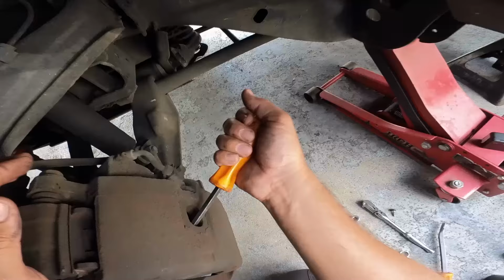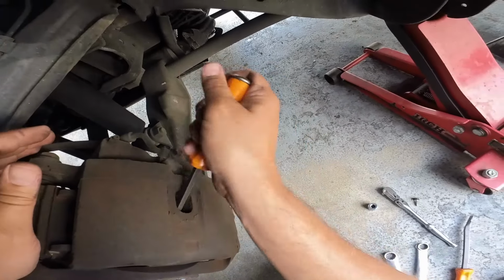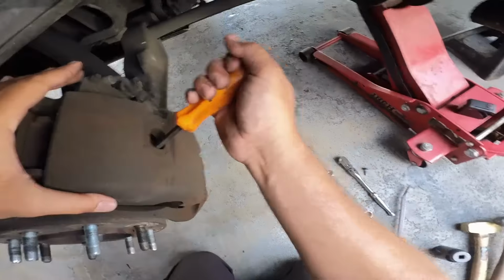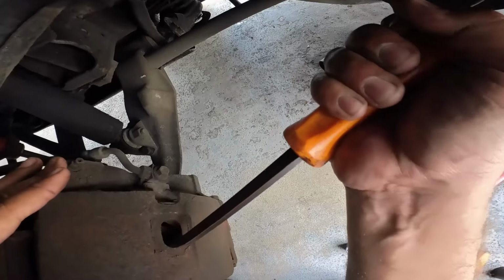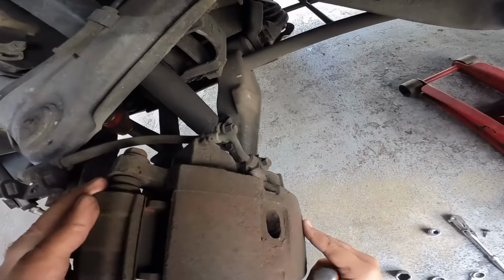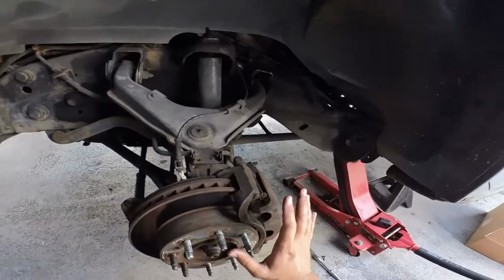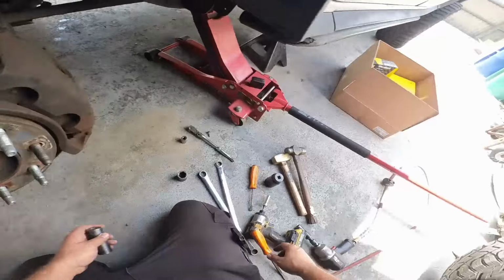We'll check it out. Alright, so the first thing I'm going to do is compress this caliper just enough so that I can remove it. Let me see, I may need the C-clamp. There, now that's enough. I just need to get it out of the way, but I'm not gonna do that just yet. What I am gonna do,